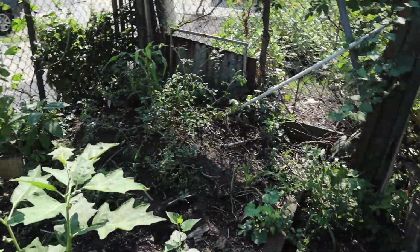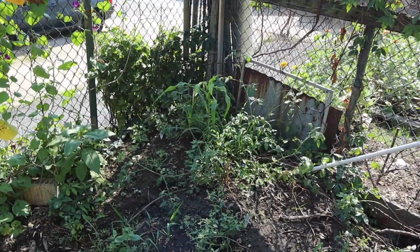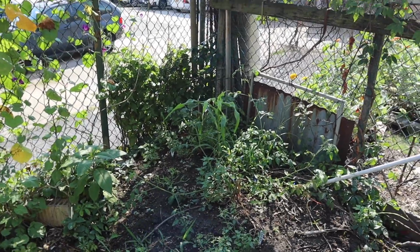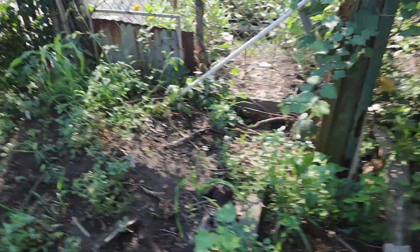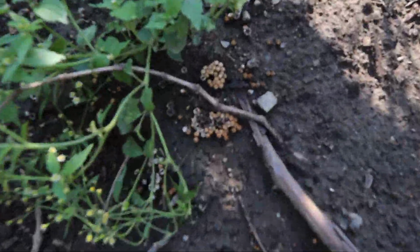And back here is my failed experiment, which I talked about in videos before, my three sisters garden that didn't work. Gotta take a look at, address some stuff in there. There's some mushrooms growing here, which is kind of cool. Those are like some bird nest mushrooms, so some composting situations happening there, and hopefully the soil will be better